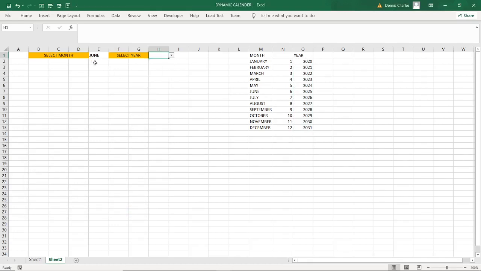Then I need to have a function that I will be referring to. Remember I needed also the months. Remember I needed also the days.